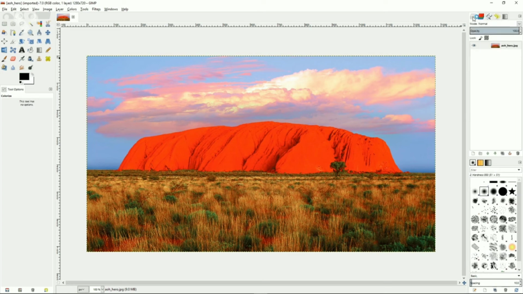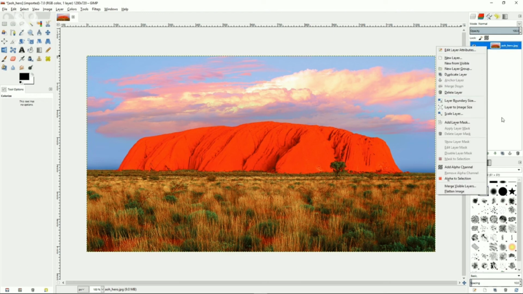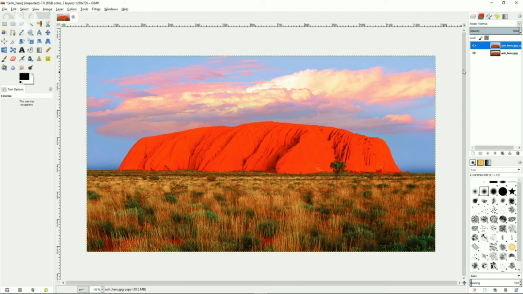So if you go over to the left, you can see we are normally on our layers section here, and we want to create a copy of our original layer, so duplicate layer. And then we want to go over to channels, and you can see what we're going to do here is select our red channel from the rest of our channels here. We want to select all on our image. We're going to drag the red channel down to the copy down here,